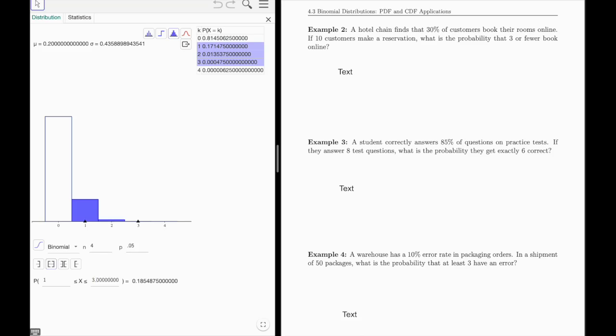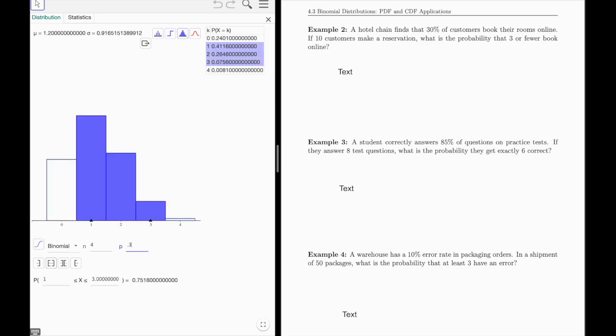A hotel chain finds that 30% of customers book their rooms online. If 10 customers make a reservation, what is the probability that 3 or fewer book online? So, success is that a customer books online, and the probability of success is 30%, or P is equal to 0.3. So I'm going to go ahead and enter probability of success is 0.3. My N is the number of trials, which in this case is 10. So I'm going to enter 10